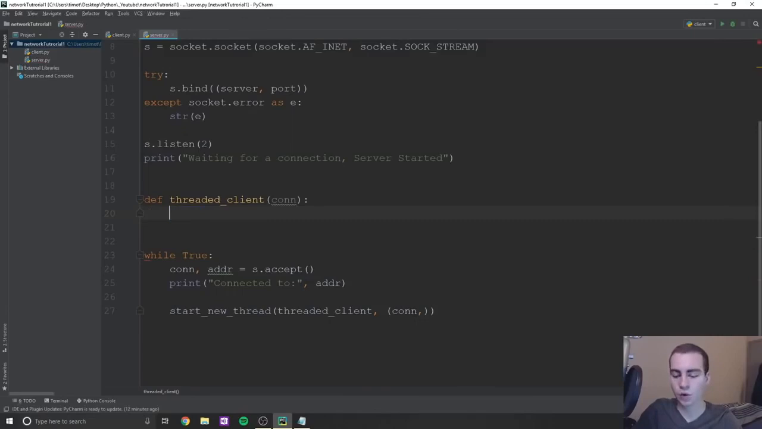Now, we don't want that to happen because we're going to be having multiple connections going at once. So what we want to do is start what's called a thread. And a thread is just another process that's running in the background. So that just means when we do start new thread and we do threaded client, it's going to run this function, but it's not going to need this function to finish executing before it continues the while loop. So this is going to be running in the background as like process 2, while process 1 is still running